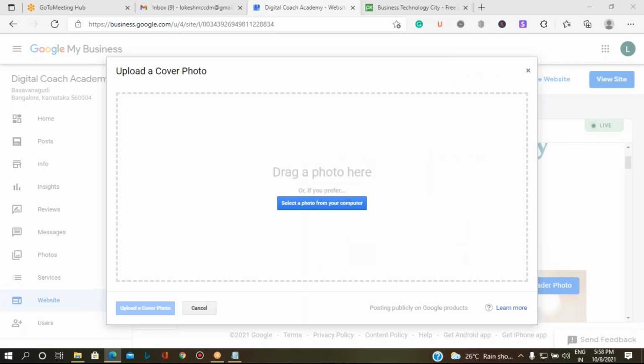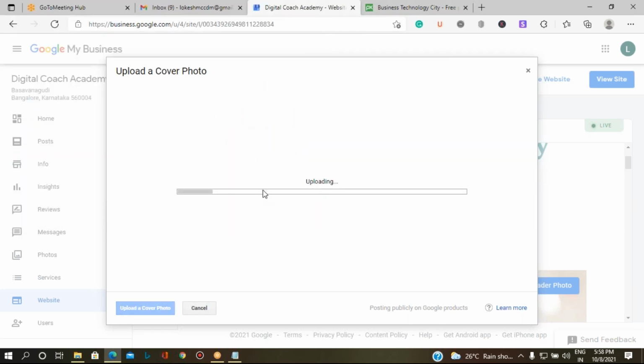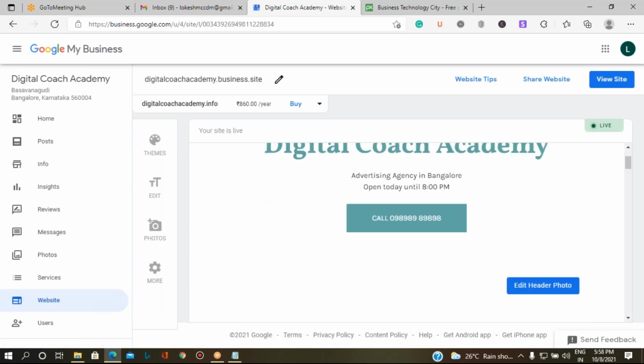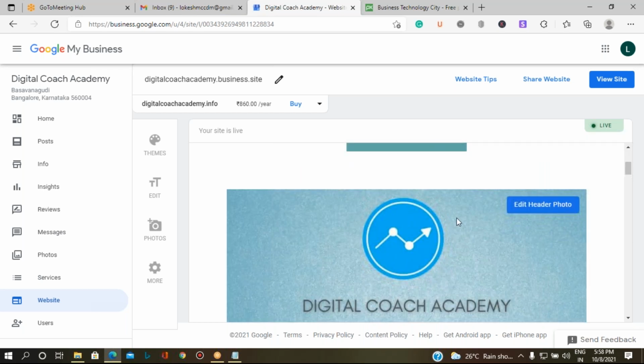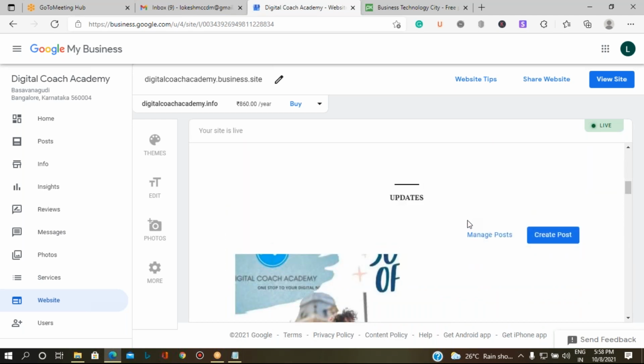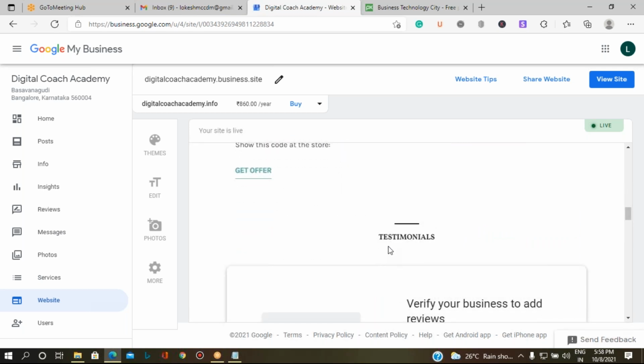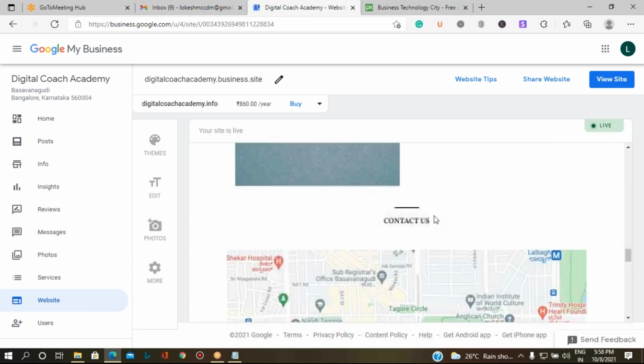So you can see your cover image in this way, and the post information in this way. If you add more and more information on your Google My Business page, the more information it is going to display on the page.